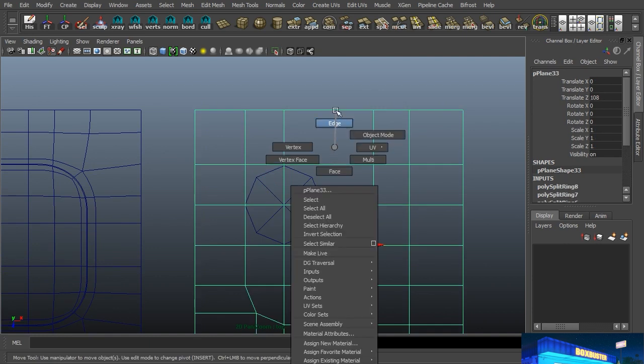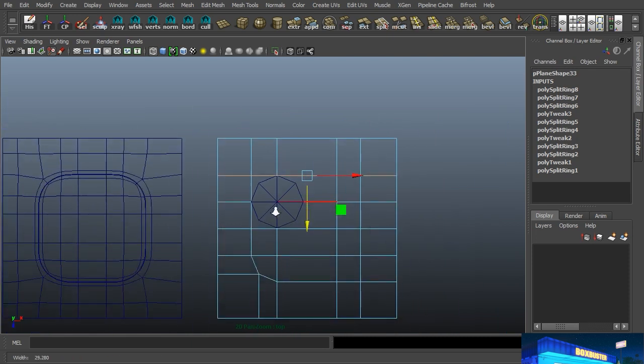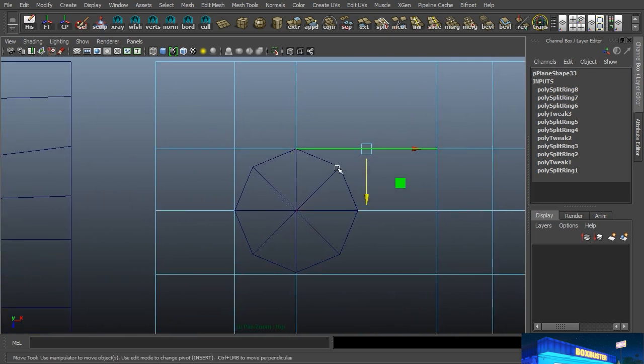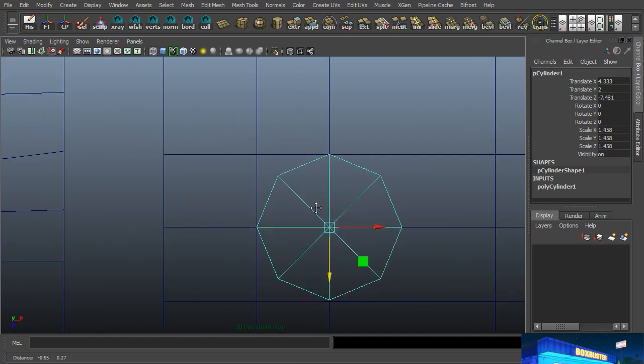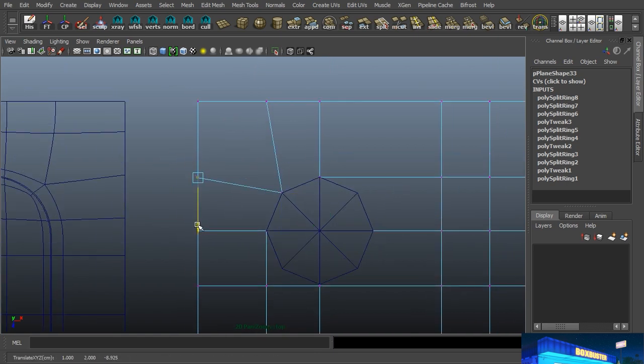Then let's grab this edge. And again, we'll get that snapped right there. All right, now we can take this one and we can grab this vert and snap it to that and to that. All right, let's clean up this corner